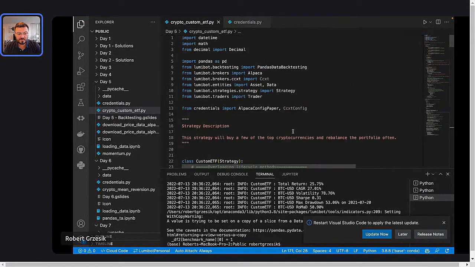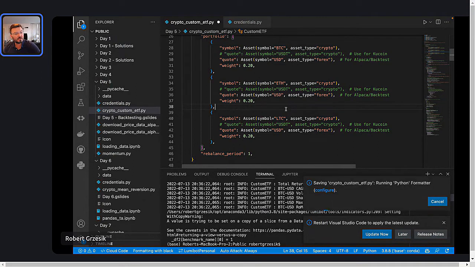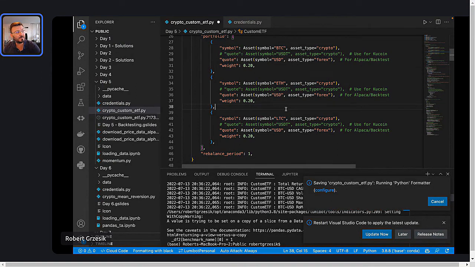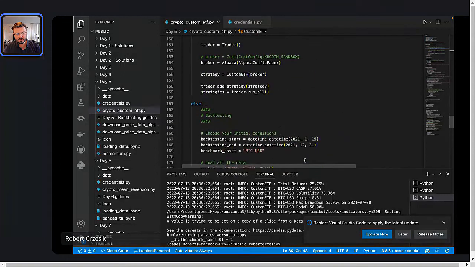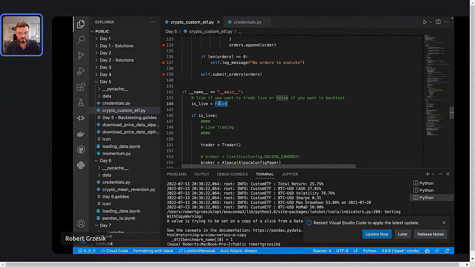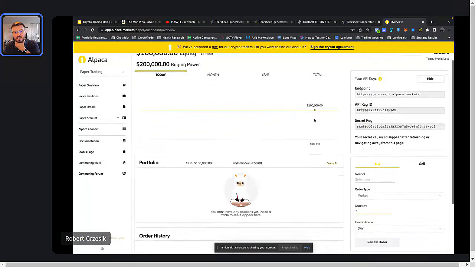And then here, I'm even going to change this. I'm not going to go a third, I'm going to go, let's say, 20, 20, 20, just so you guys get an idea of how you could modify these algorithms very easily. You can add in different coins here if you wanted to. It doesn't have to be Bitcoin, Ethereum. You can backtest different combinations of different things. But here I'll put in 20, 20, 20, and I'll switch it to live. All I've got to do is go true, save it and run. And you'll see that in a second, you see our account.